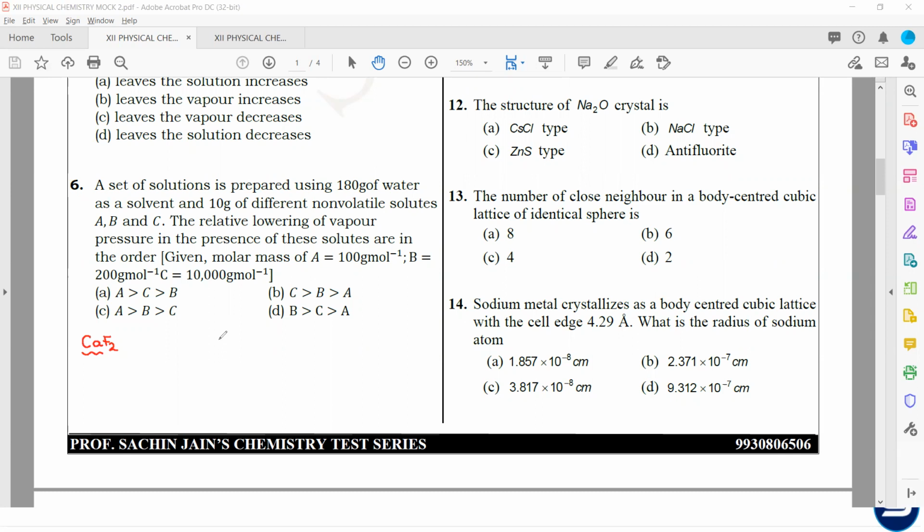But calcium fluoride is a solid in which the anion, fluoride, is very small. So in this case, the anion occupies the voids and the cation occupies the regular lattice points. So calcium fluoride is called a special fluoride structure where the anions instead of the cations occupy the voids because of a very small size.